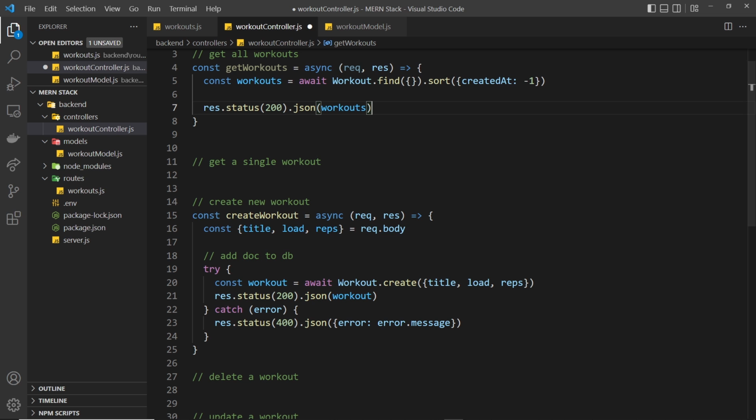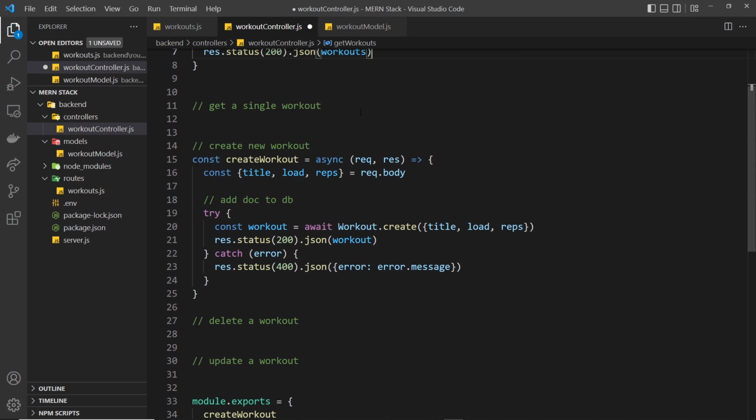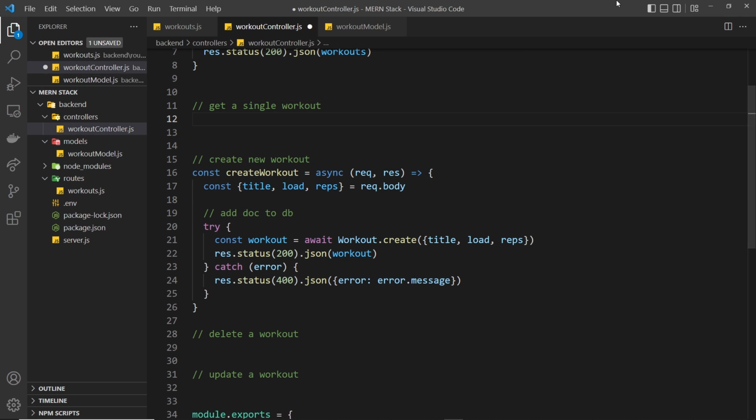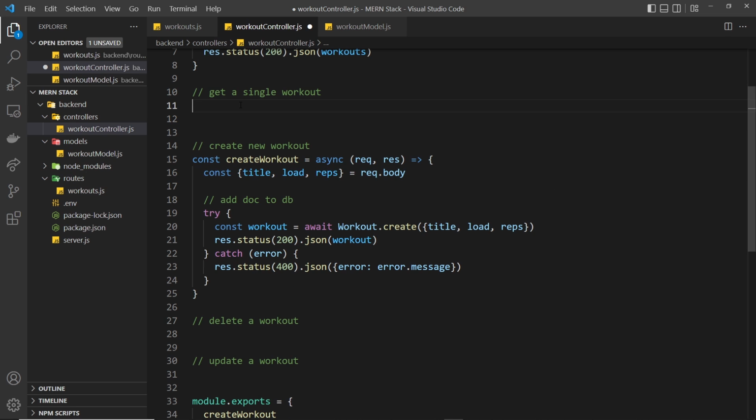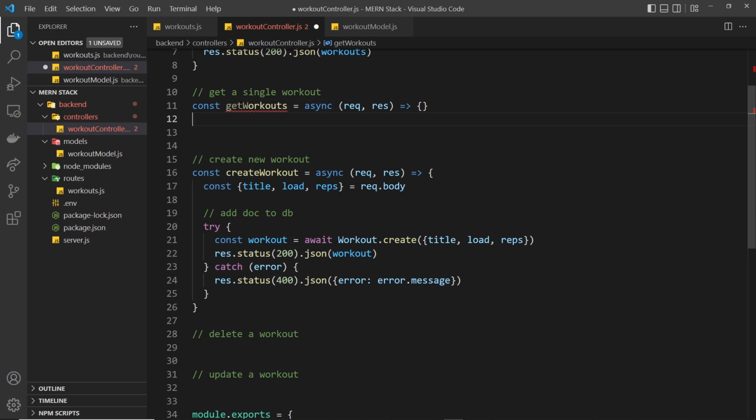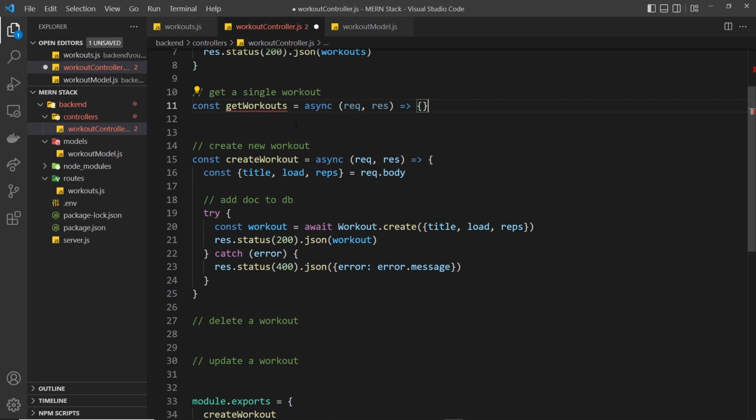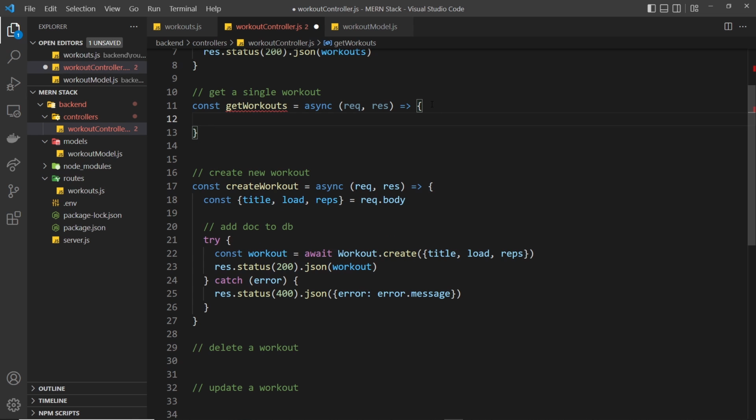There is one more function I want to do in this lesson, and that's just to get a single workout. Now, I'm going to flesh this out, but it's not going to work the first time we try it out. So we'll come back to this in a minute as well, just to make it better. But for now, let's just flesh it out. So we'll say const getWorkout, and we'll set that equal to an async function. Again, we're taking the request and the response object, and inside here we want to basically just find a single workout this time. So we can say const,